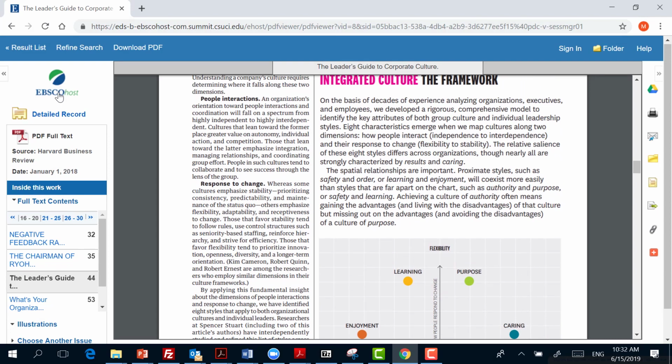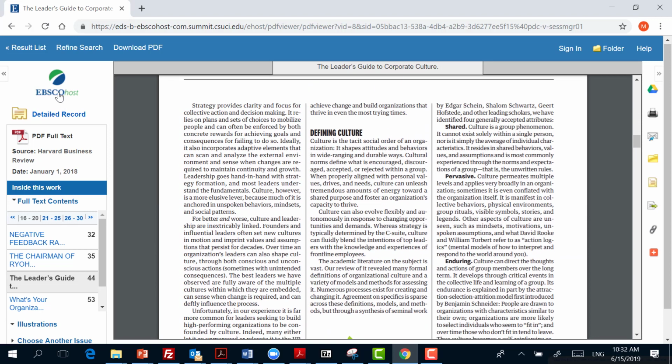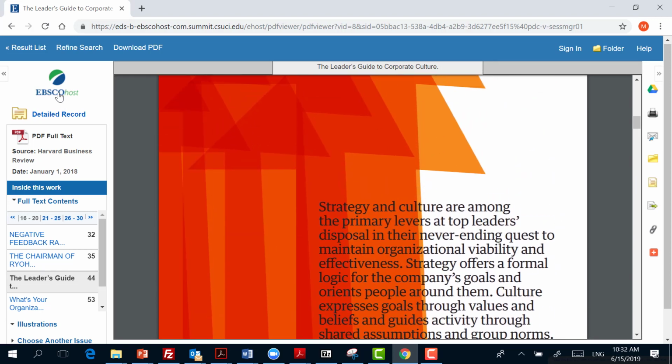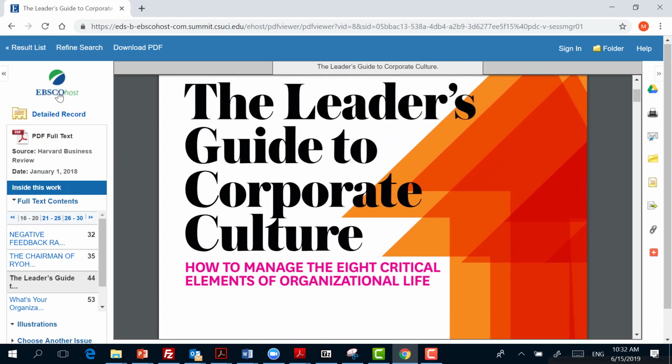Yeah, I think this is the one I have actually read, and I think this is a great article called the Leader's Guide to Corporate Culture. This is a wonderful article which I read very carefully. And you can download a PDF,